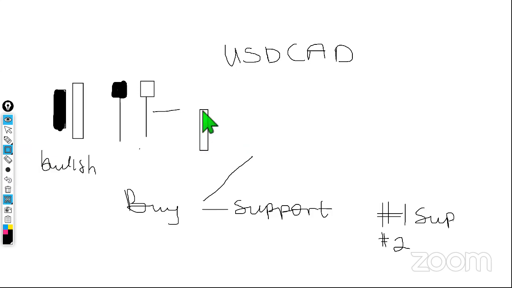This is a bearish bar. Okay, I believe you guys all know about bar formation. I just want to explain this. We don't know the experience of the traders who are watching us, so I just want to explain this so that everyone can get the whole picture properly.